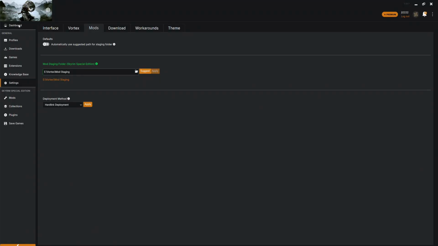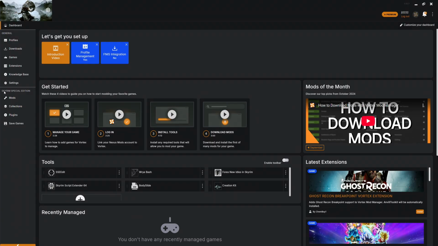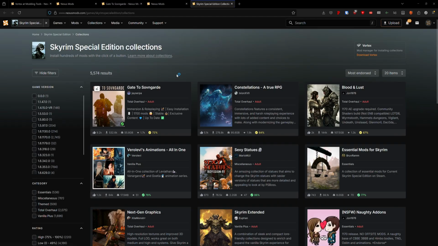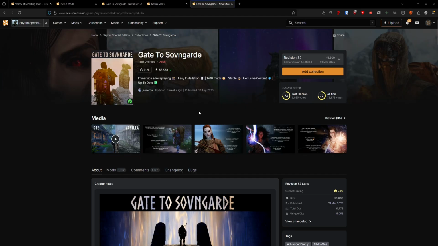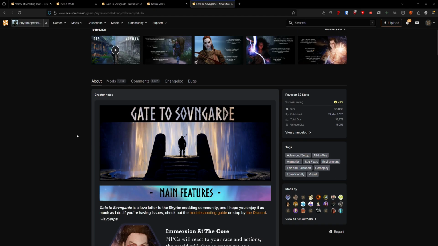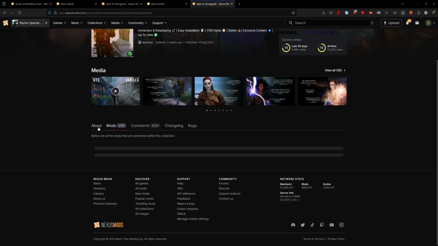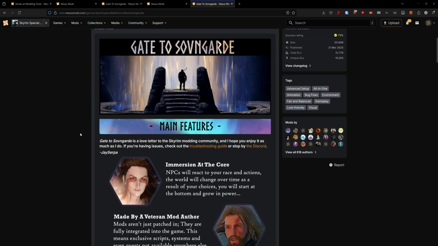So now that that's all set up, we now have this little tab here. Because Skyrim is being managed, it added this additional tab here. You can go to collections and hit discover more collections, and it's going to bring up the Nexus page. So right here, it should be one of the ones right at the top, Gate To Sovngarde. It's going to give you all the information for this mod list. It's going to show you all the mods if you want to look at them. It's going to show you all the about information,